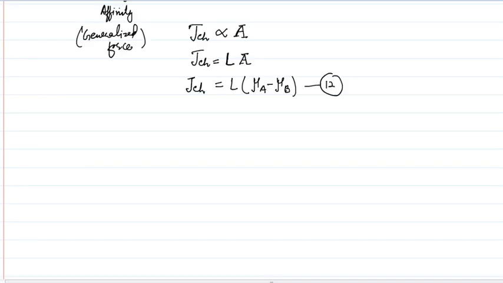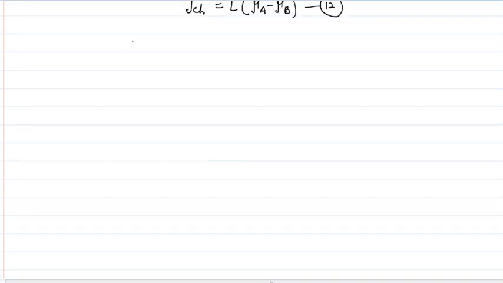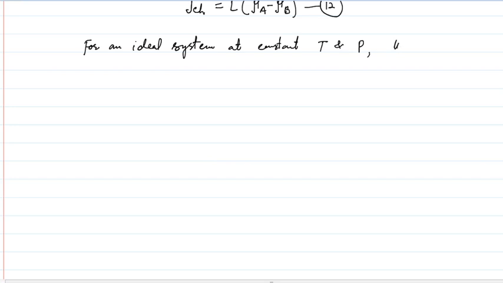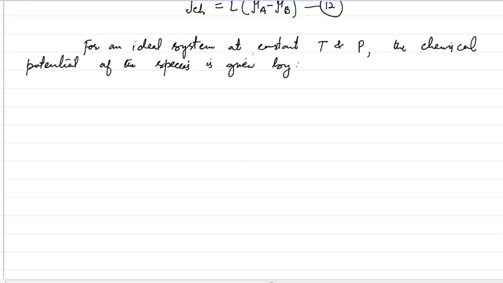Now for an ideal system, basically if we take an ideal system, but that should be at constant temperature and pressure, the chemical potential of the species basically is given. Of ith species,